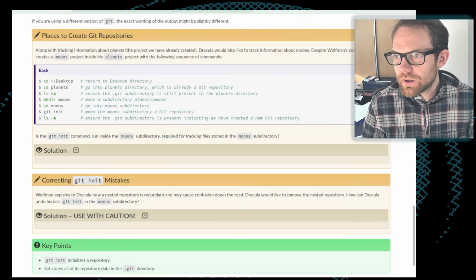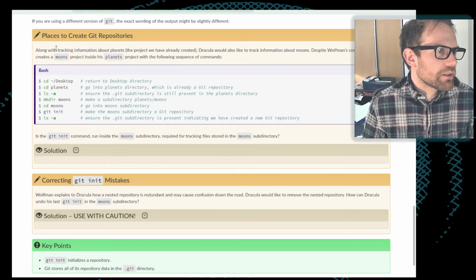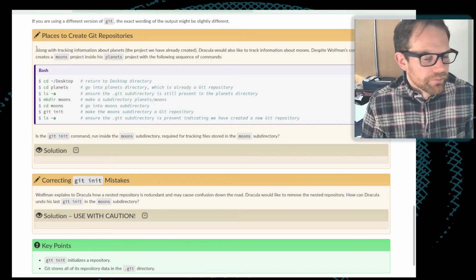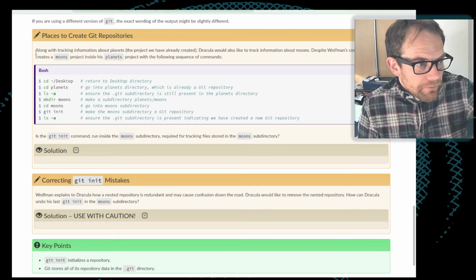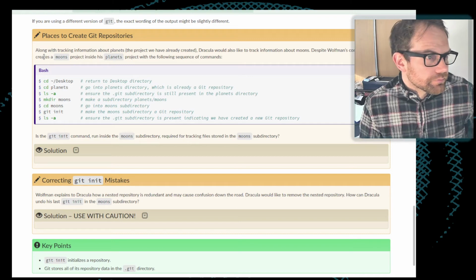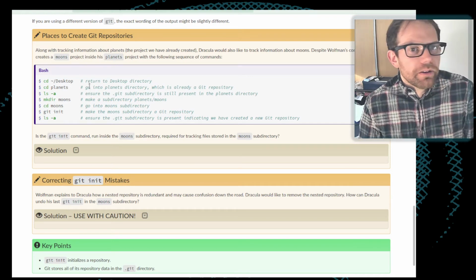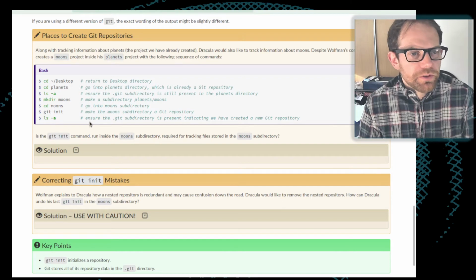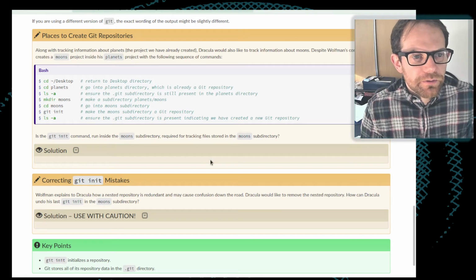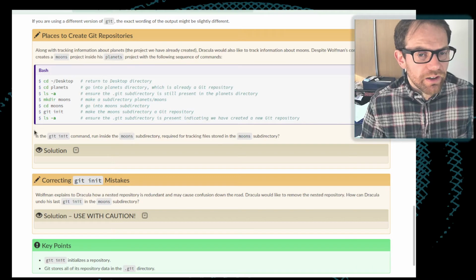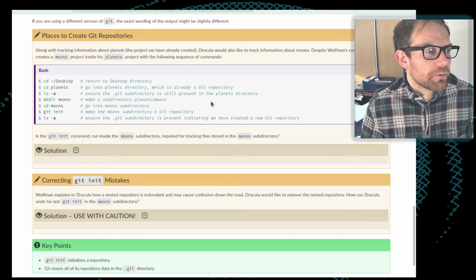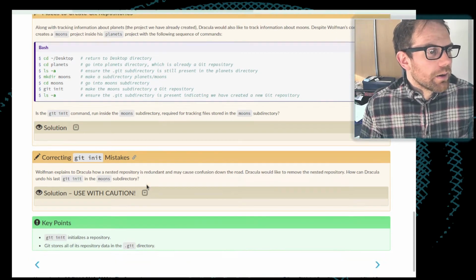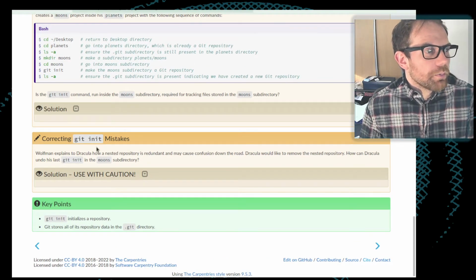Okay, so the notes have a little bit of side information here about different places that you can go about making Git repositories and about setting up multiple Git repositories in different locations. I'm just going to skip over this for the moment. We can come back to this. It's basically just giving you an opportunity to try out running git init a few different times. But they do have a question.